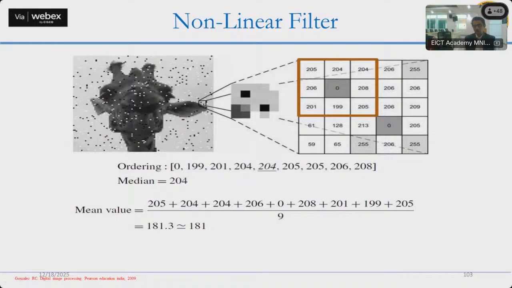So now coming to the non-linear filter. In non-linear filter, again we take up another example of salt and pepper noise. In salt and pepper noise, again this matrix is given. In this matrix, again you can order it. Once you order it, which block we are taking, we are basically operating upon this pixel, this 0.